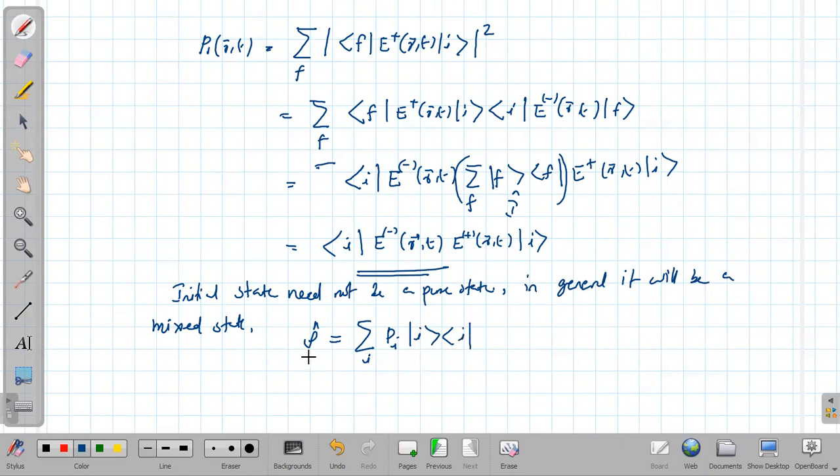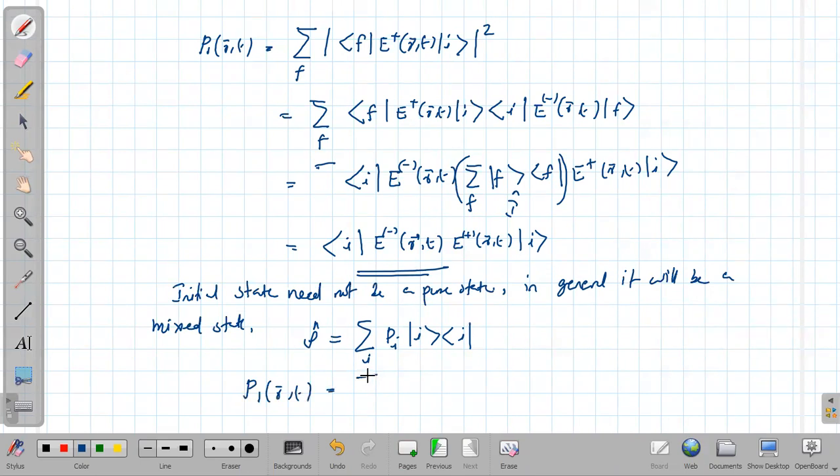For the initial state, there are many possibilities, and the corresponding probability for a particular state i is P_i. And hence, in terms of the density operator formalism, what would be the expectation? What would be the total probability? So the total probability P₁(r,t)